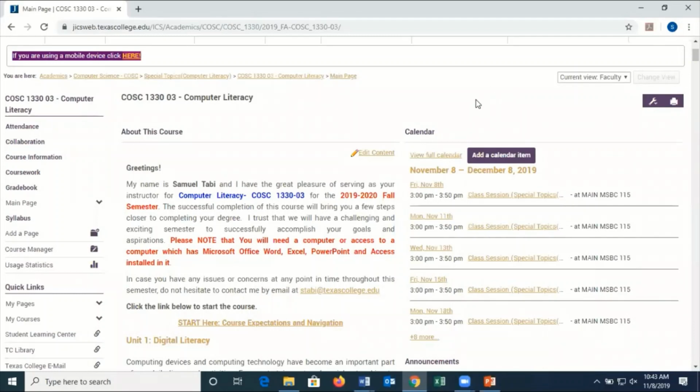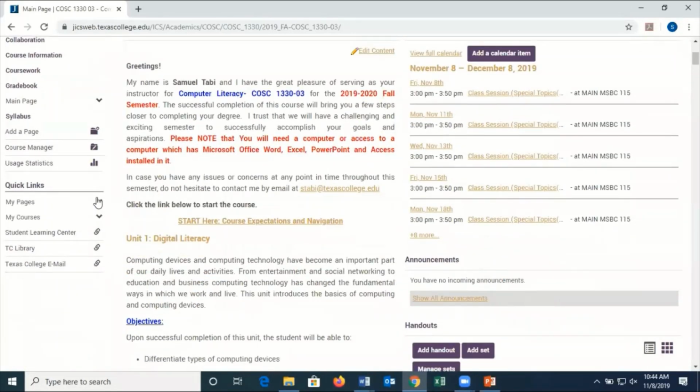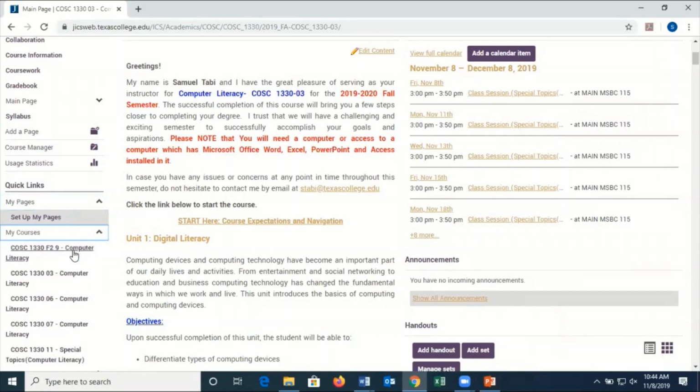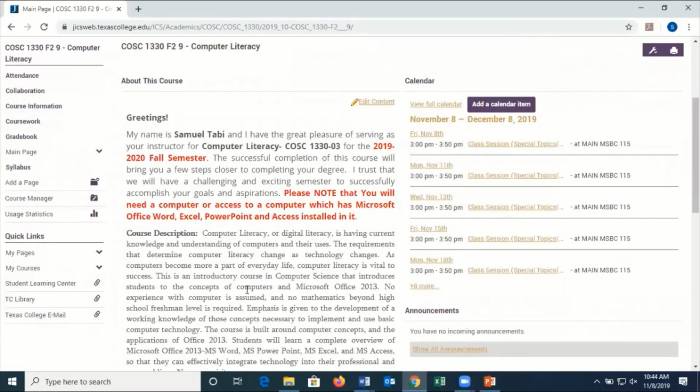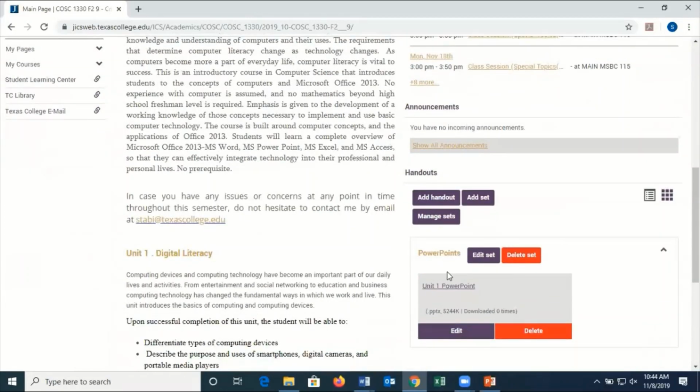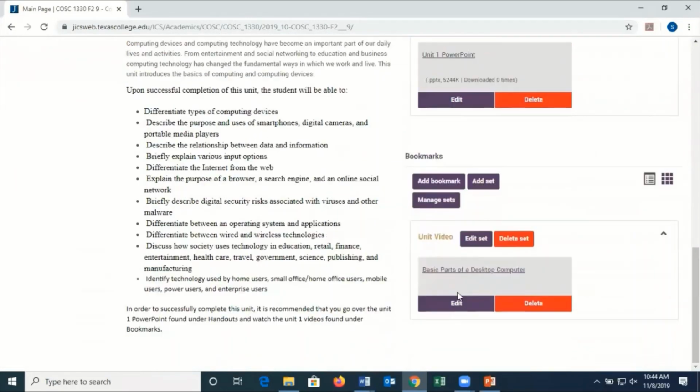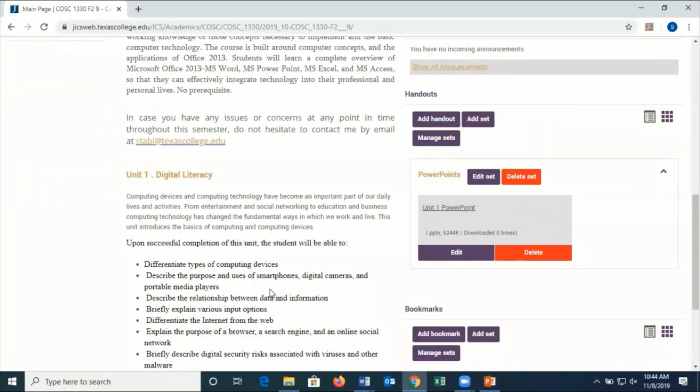So at this stage, let's assume that we've created the first lesson, the first unit. We have got the introduction to the unit. Actually, not this. Let me go to the other course. Right here, my course is this guy right here. So we got the introduction to the unit. We uploaded the resources, the PowerPoint, and the video lesson. As part of the lesson, students are required to not just read the resources or the PowerPoint or watch the video lessons, they're also required to complete assignments, a quiz, a test,